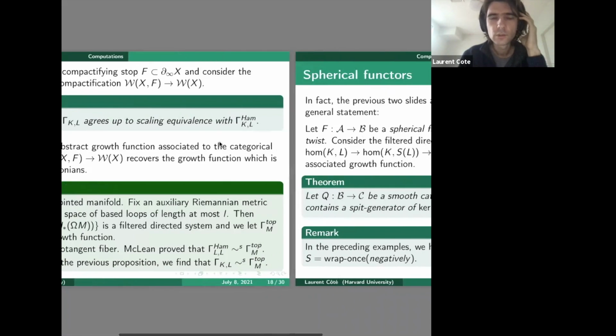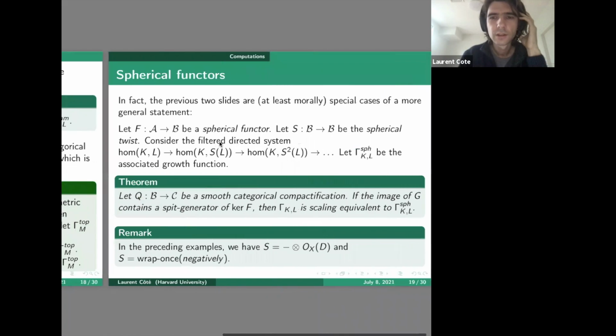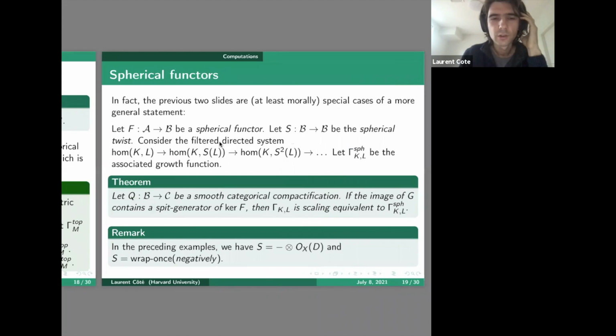So actually, these two previous computations, namely the computation of the growth function for open algebraic varieties and the computation of the growth function for Weinstein manifolds, are at least morally special cases of a more general statement. So we take f to be a spherical functor from A to B. Sorry, let me move back. First of all, there's a notion of a spherical functor, and the definition is not so important, but the main thing is that if you have a spherical functor from category A to category B, then